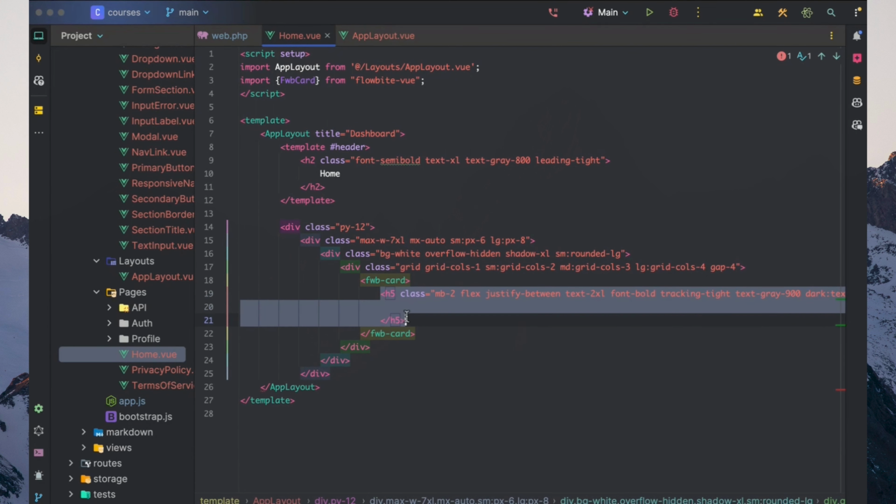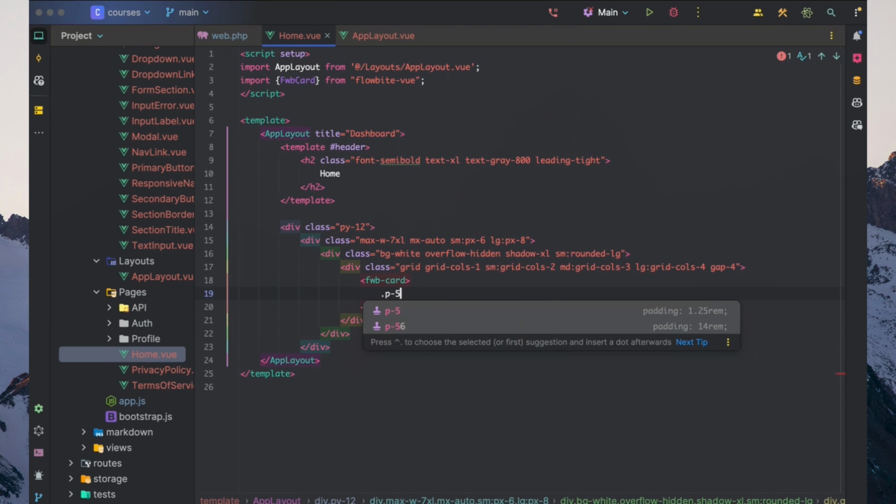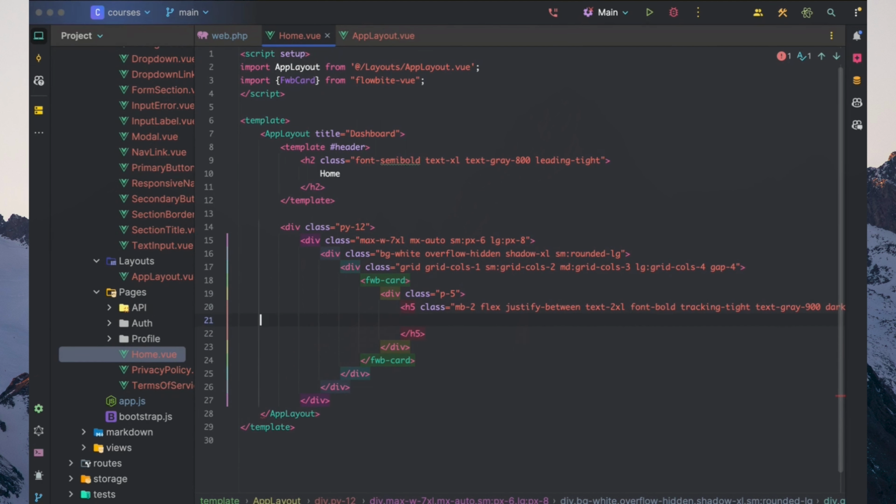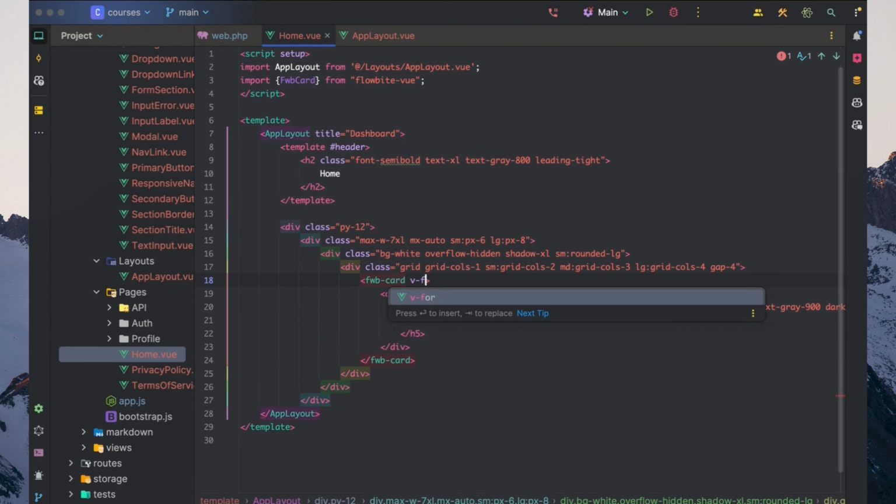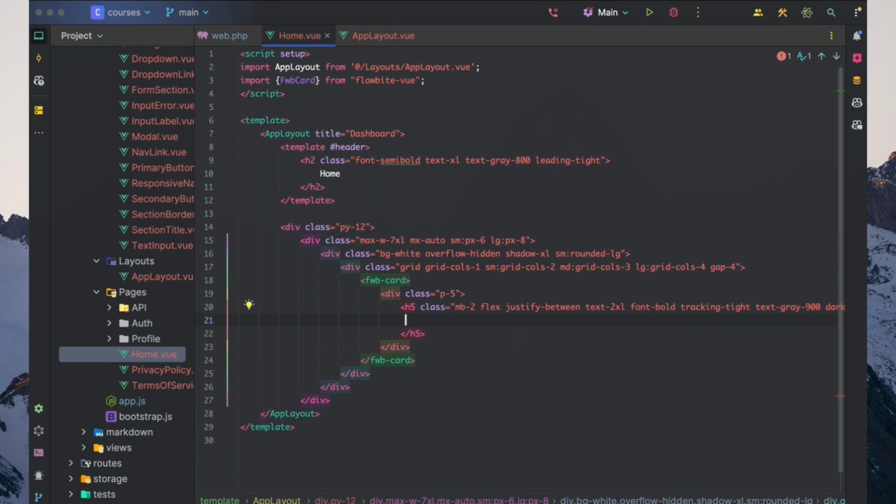So I'm just going to go ahead and remove this quickly and say padding of 5, add in the title here, and in here we want to go through the individual courses when we have them. Now I'm just going to put test in here,